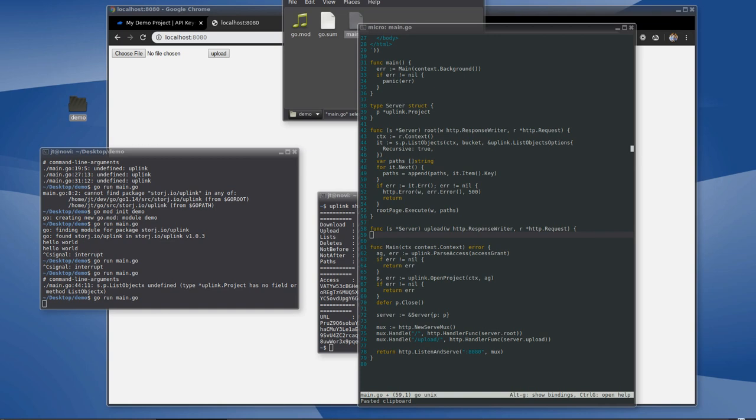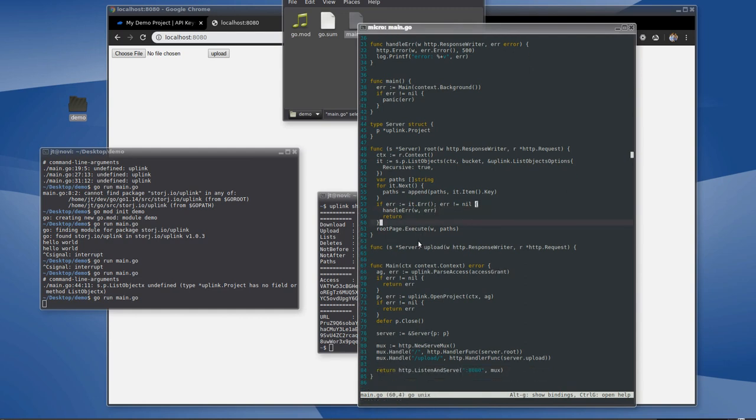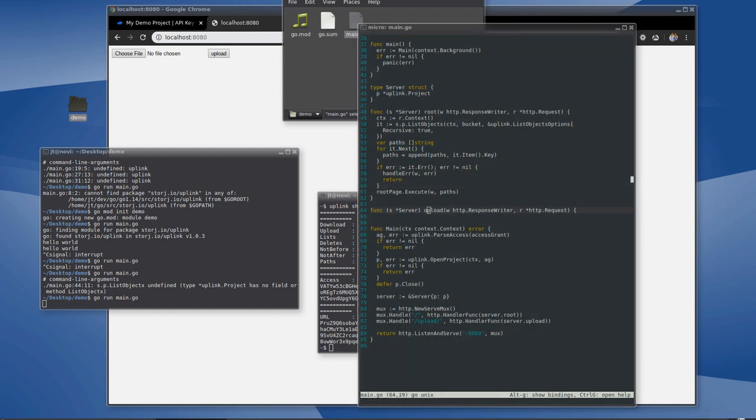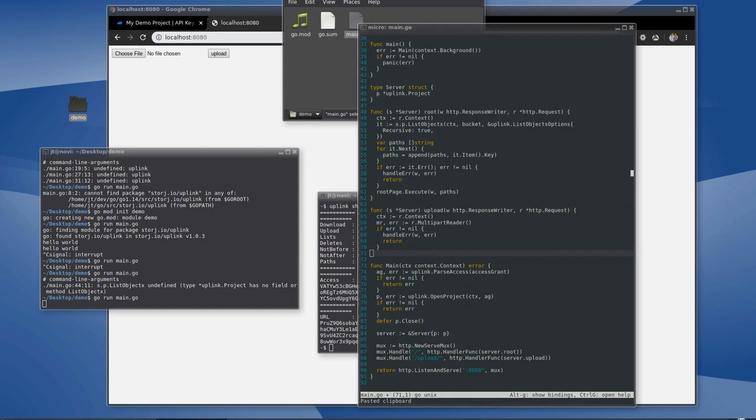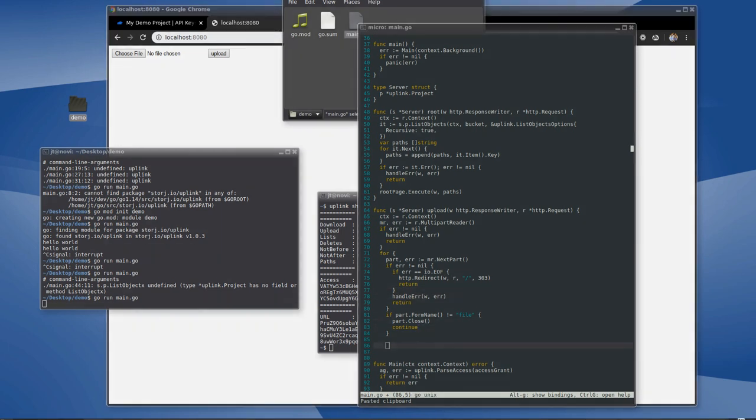To help myself out a little bit, I'm going to make an error handling function. We'll replace this one here. This upload method, we're going to make a multipart reader. We're going to loop through the multipart responses, looking for the form element that's called file. Once we have the form element that's called file, we're going to call